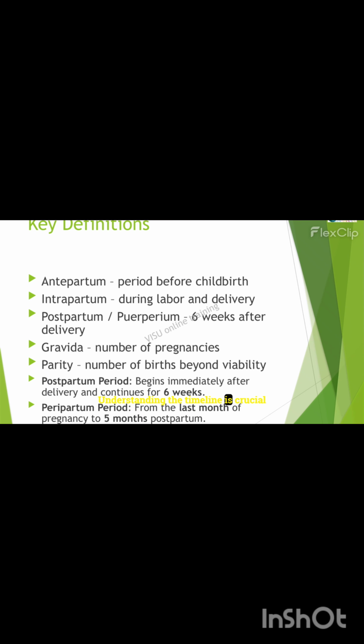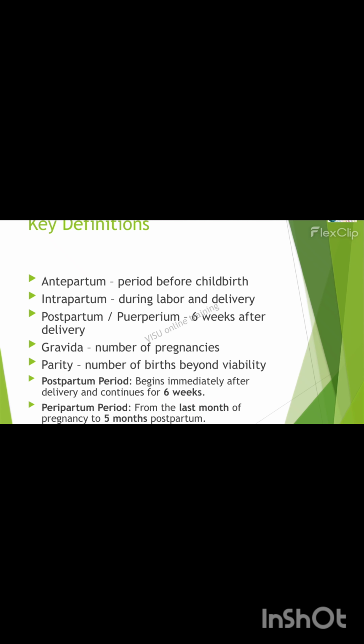Understanding the timeline is crucial for accurate coding. Antepartum refers to the time before birth, while intrapartum is the period during labor and delivery. After delivery, we enter the postpartum or puerperium period, which lasts for 6 weeks. We also use terms like gravida for the number of pregnancies and parity for births beyond viability. Additionally, keep an eye on the peripartum period, which spans from the last month of pregnancy through 5 months after